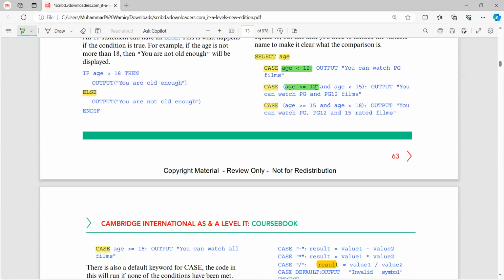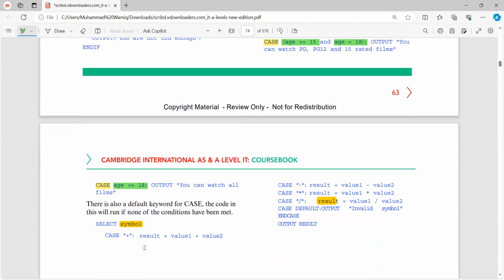And if your age is greater than or equal to 12, or if your age is less than 15, then you need to output that. Again, if your age is greater than 15 and less than 18, then you need to output that. And again, if your age is greater than 18, you need to output that. So this is an example of case of otherwise,